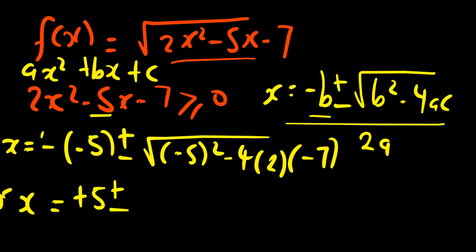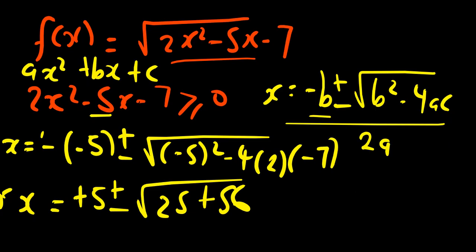This is positive or minus the square root of negative 5 squared, that is 25, plus negative 7 multiplied by 2, that is negative 14. Negative 14 multiplied by negative 4, that is 56. So how are we going to solve? When we add what is in the brackets, 25 plus 56, this is 81. And the square root of 81,